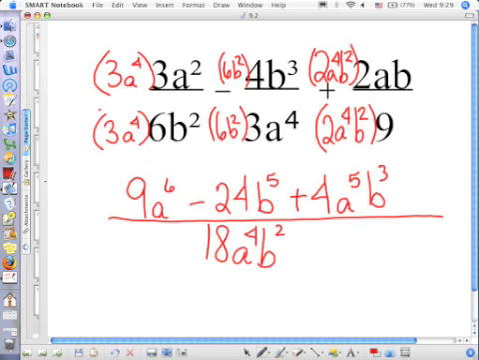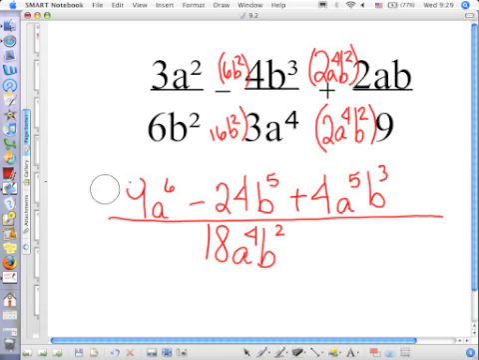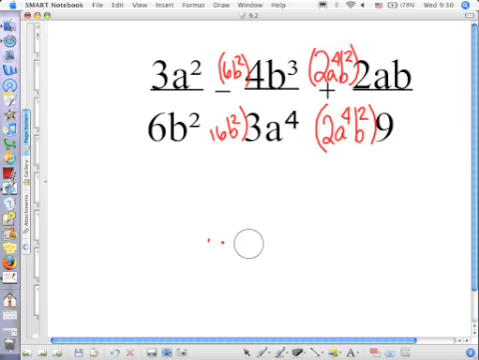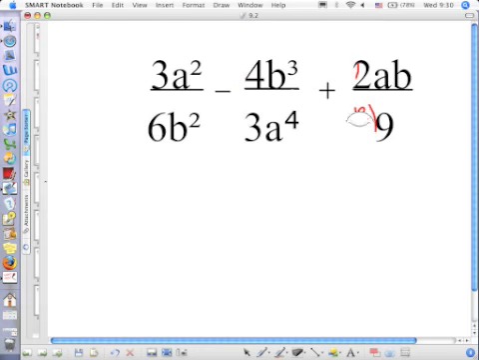Okay, we're going to do something different. For Nick, what was the common denominator? 18 to the 4th b squared. Maybe we should get into